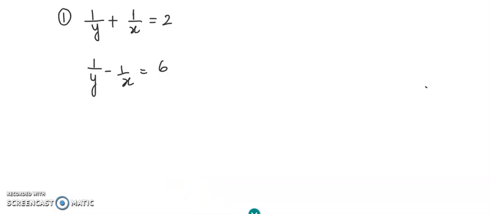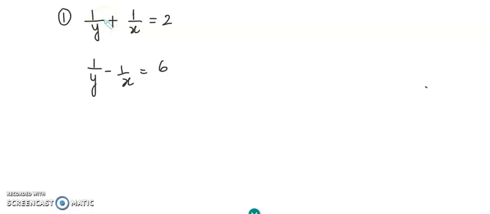Hello everyone. In the previous videos, you learned about the elimination method and how to apply it in different scenarios. If you remember, the last video we did was about when the variable was in the denominator and how to change it into a simultaneous equation and then apply the elimination method. So I've just taken one question for a quick recap, and then we'll go for a more difficult question for